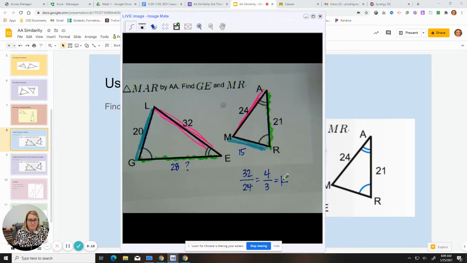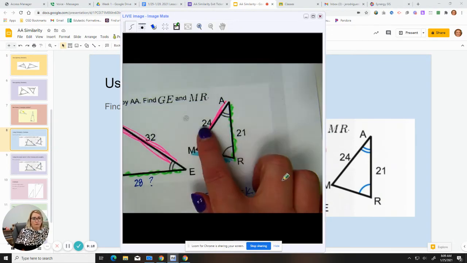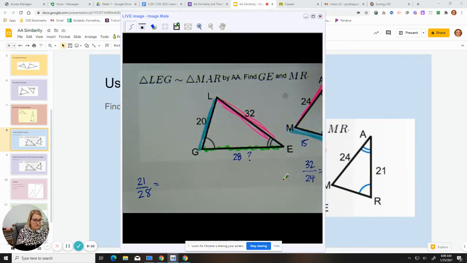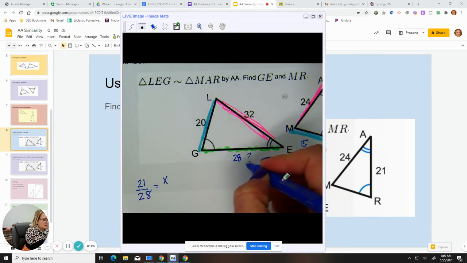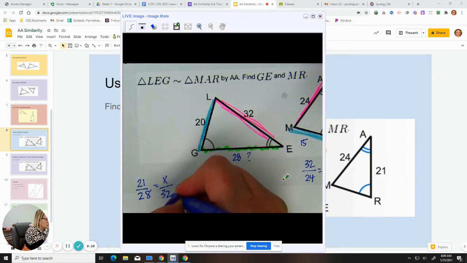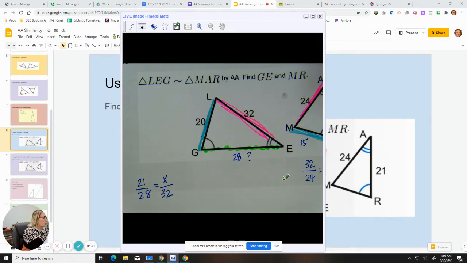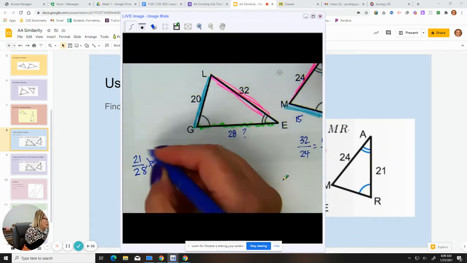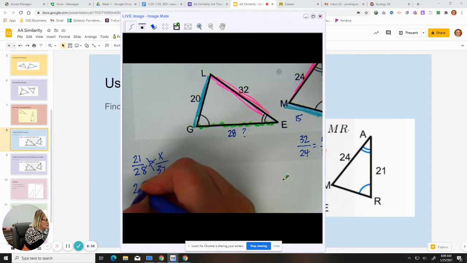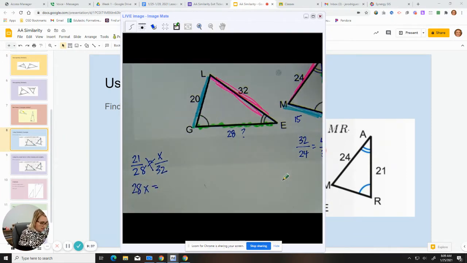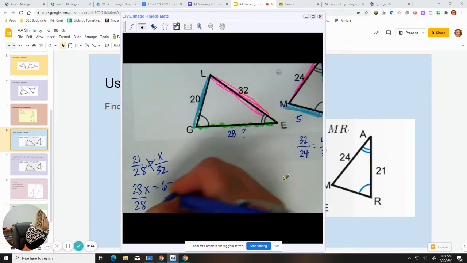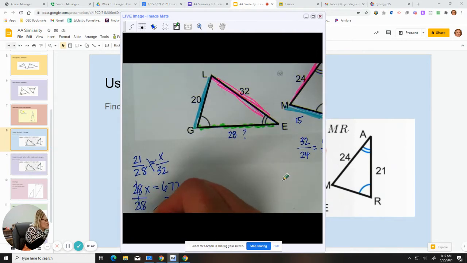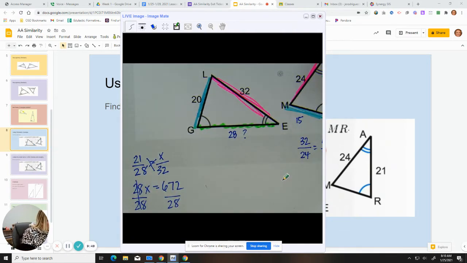Okay, let's get back to that. All right, so we're going to do green over pink. And so that means that we would do the exact same thing here. We're going to call this green X over pink, which is 32. And then we are going to cross multiply and divide. So 28 times X is 28X. 21 times 32 is 672. If I divide by 28, I get,